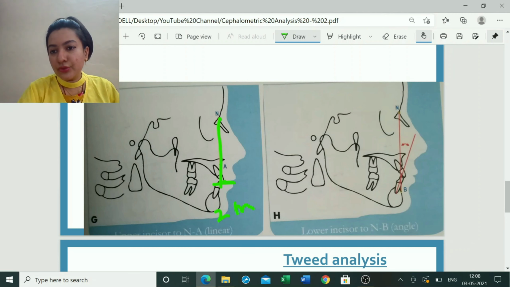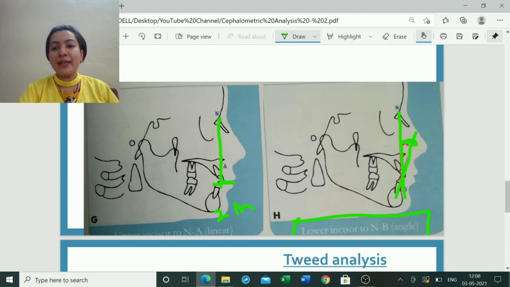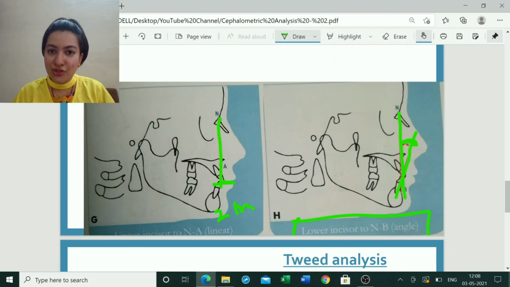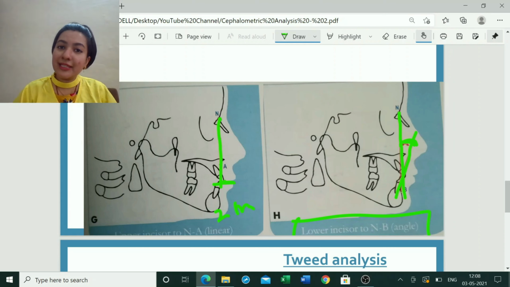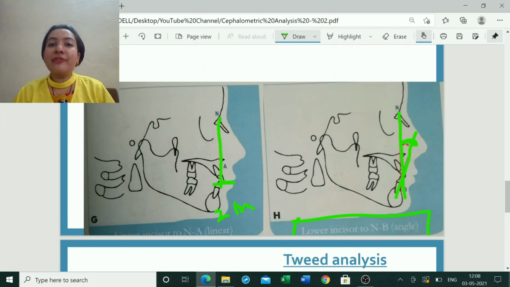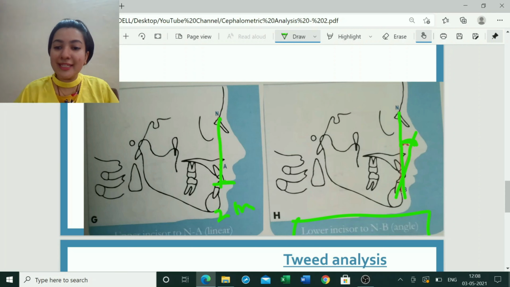Okay, so what do you do? You draw a straight line from N to B and draw a straight line along the long axis of the lower incisor. The angle which you get in between is known as your lower incisor to NB angle. Again, if my angulation increases, it is indicative of lower incisor proclination, and if my angle decreases, it means they are retroclined. But if it is within the normal range, we can say that my lower incisors are upright